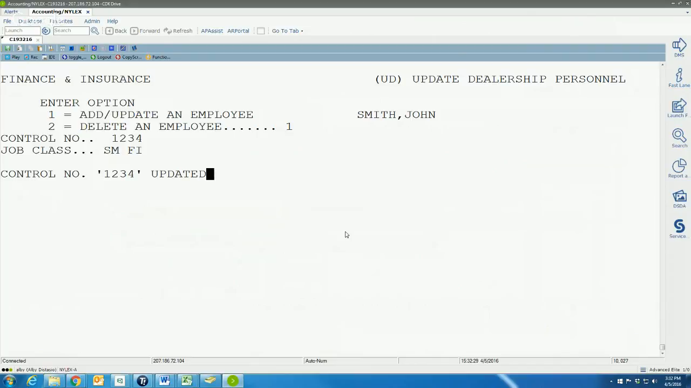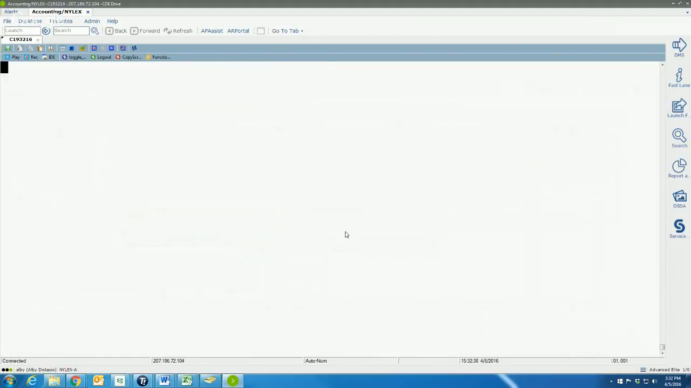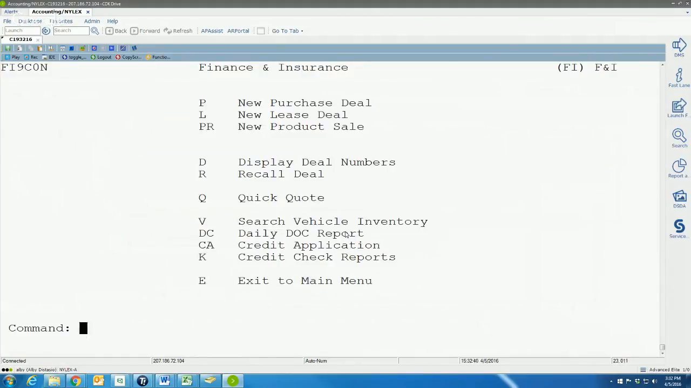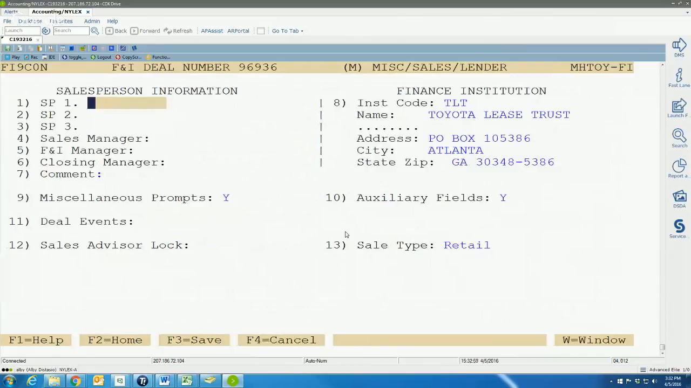Now this is very important, where you put him. You know why? I'll show you. You go to F9, you pull up a deal. When you go into the green one, which one? M. Is it the miscellaneous? I don't think so. Yes. When you go into the miscellaneous screen, if you